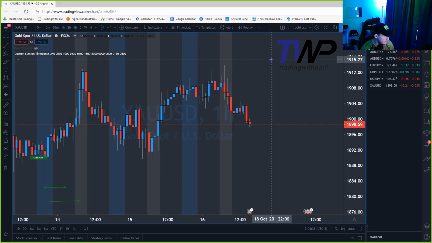So if you would have taken this one here, I'm drawing a line right there where I would have entered. What price is that? The price is 18.90, 90.40. Then once I get up $3 to $5, or 30 to 50 points, I always place my stop at break even. This candle gave us that $3 to $5, because it comes up to 18.98 or so. Yep, 97ish.